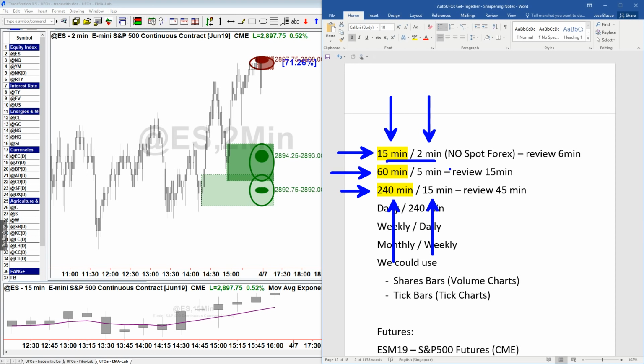Okay, but the biggest problems, and probably what all of you are thinking, is that with the 60, I'm using the 5, and with the 240, I'm using the 15. And you're probably thinking, Jose, wait a minute, the 5 is common, the 15 is common, so why are you calling the 5 and the 15 an edge time frame? Okay, well, we're going to change that, by the way,